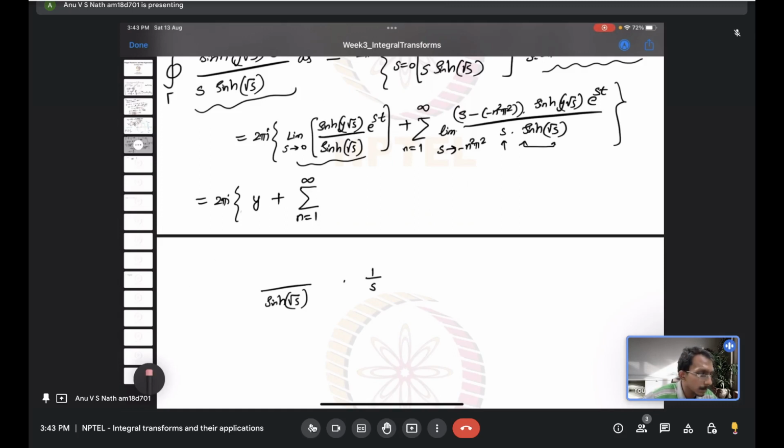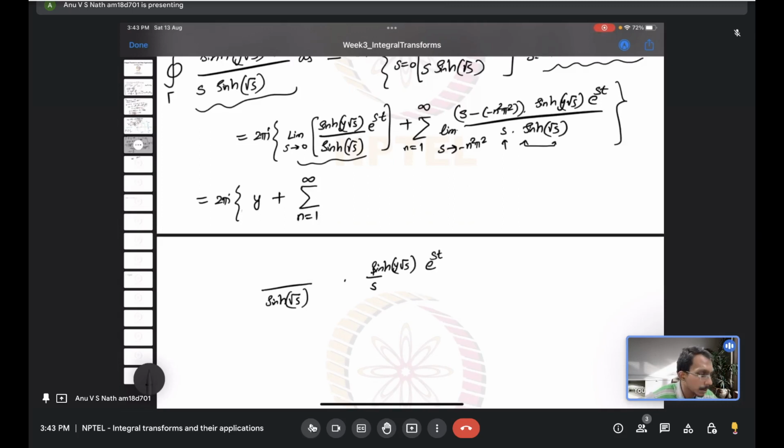So when s is approaching minus n square pi square, sinh(y root s) is not going to be 0 or infinity. So that also I can group to the place where there is no issue. Similarly, the exponential doesn't have an issue, because that cannot be 0 for any s equal to minus n square pi square. But s minus n square pi square, or in simple form s plus n square pi square, in the limit of